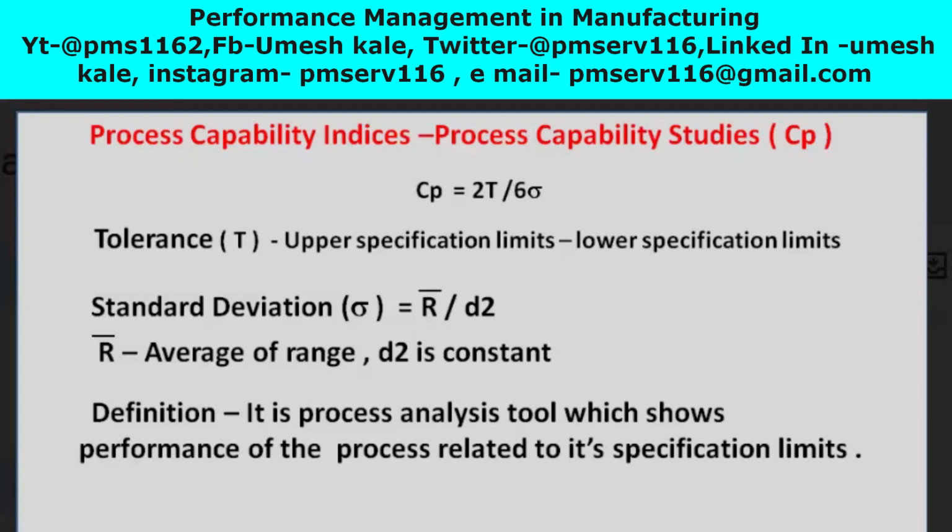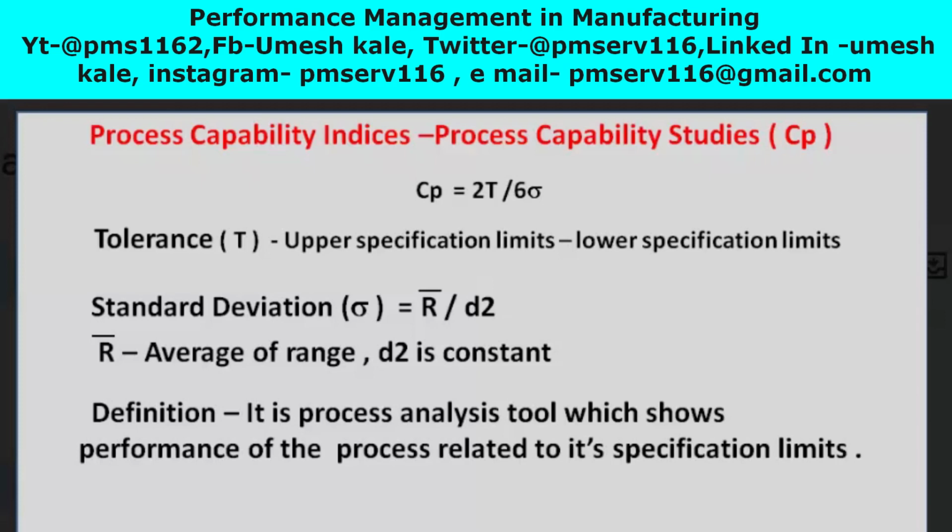And if you have more sets of observations, means if you have 5 sets or 10 sets of observations, you will be calculating the range of each set of observations. Then you have to calculate the average range of all sets of the observations. So if you are taking the average of all these ranges, then that is called R bar. And D2 is a constant. So in a further video we are showing what is meant by the D2.